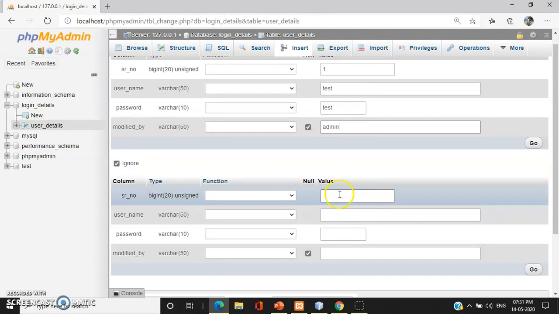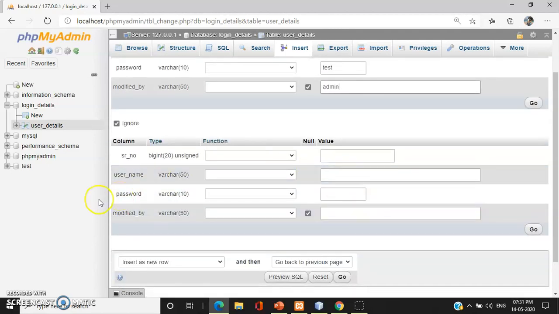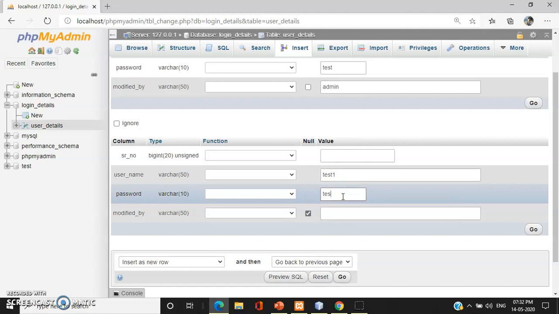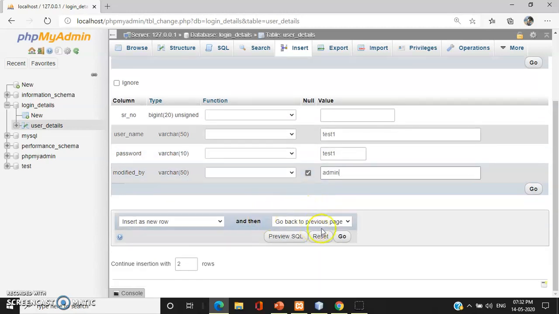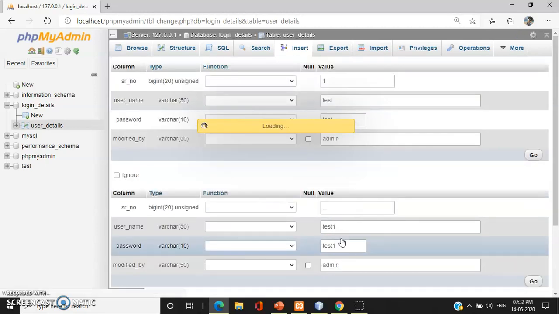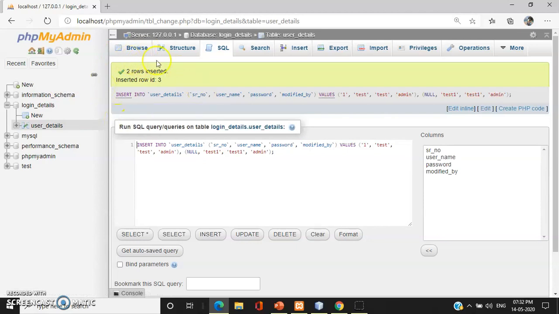Next, even if I don't write the serial number here, let's keep it blank and check what happens. Username can be test1, password can be test1, modified by admin. Okay, now these 2 rows, and I click on go. So you can see that there are 2 rows already inserted here.